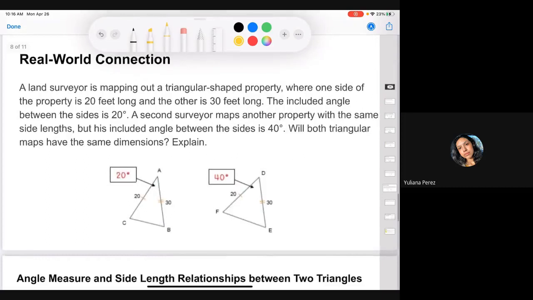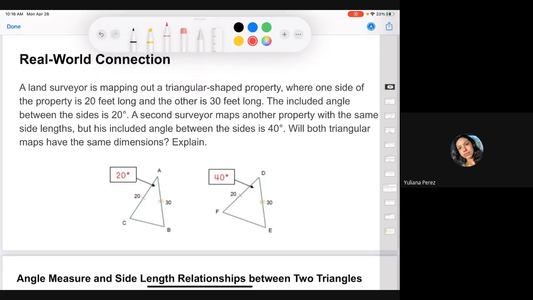So let's look at that in a real world problem. This says a land surveyor is mapping out a triangular space property where one side of the property is 20 feet long and the other side is 30 feet long. The included angle between the sides is 20. A second surveyor maps another property with the same side lengths, but its included angle between the sides is 40. Will both triangular maps have the same dimensions? Well,